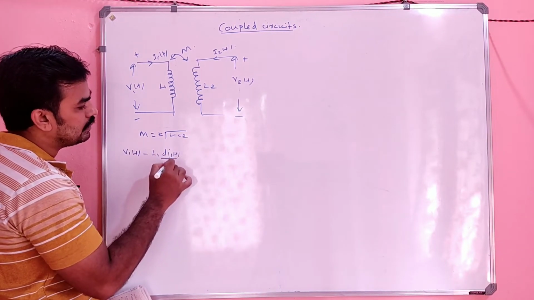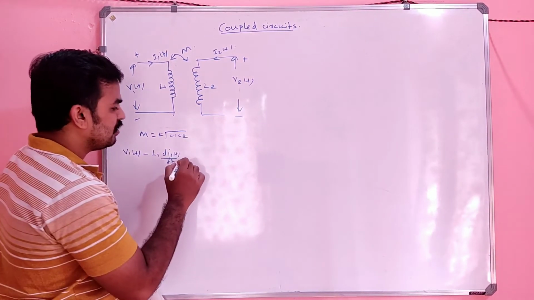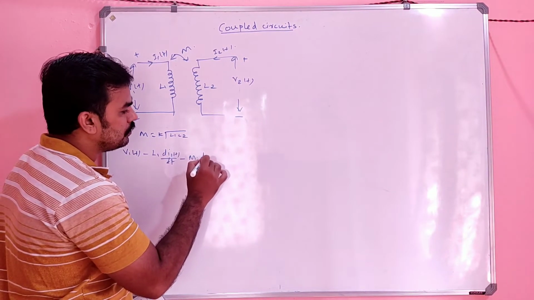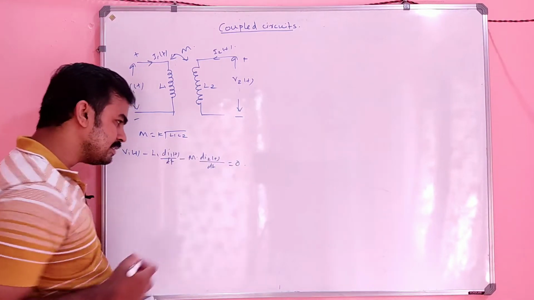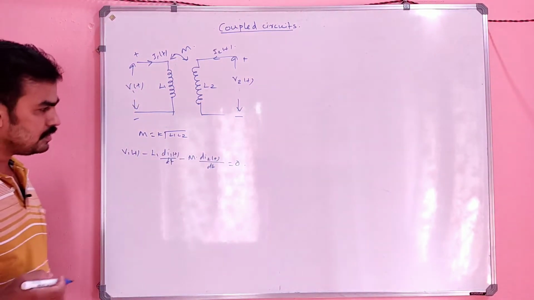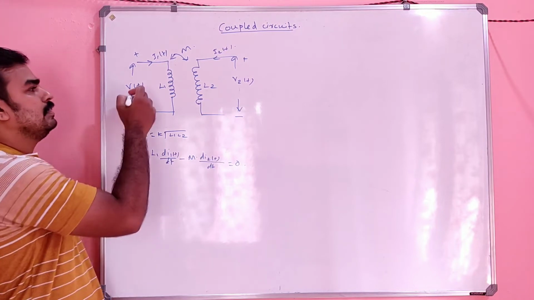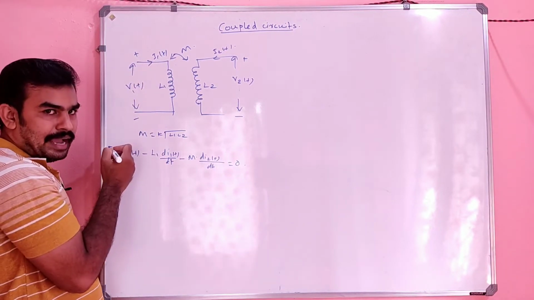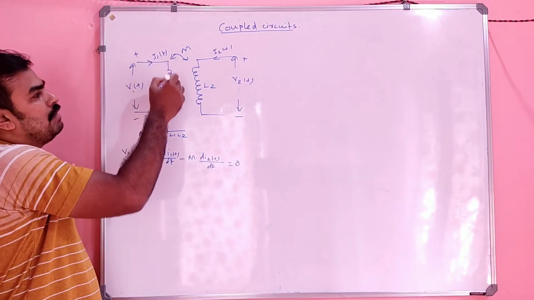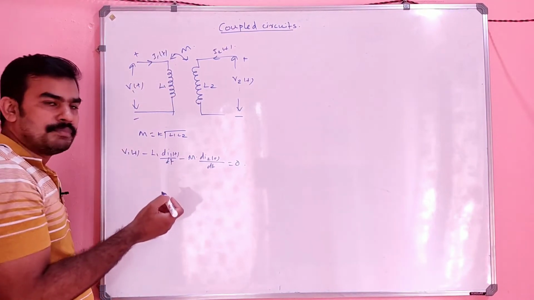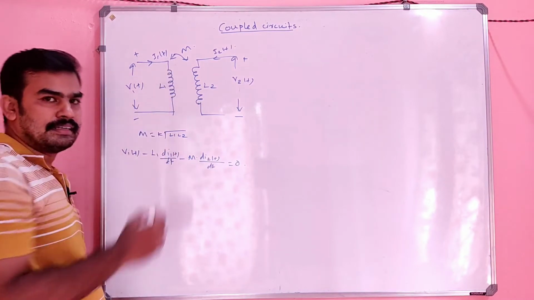Okay. So we can say that V1 of t minus L1 into di1 of t divided by dt minus M into di2 of t divided by dt equals 0. Can I say like this? That means the input voltage we applied, minus L1 into di1 divided by dt, which is the voltage developed across this inductor L1,